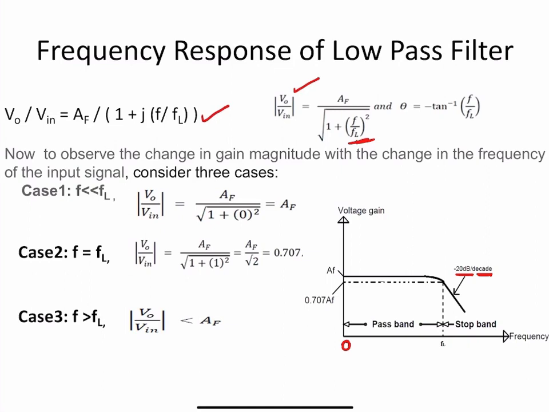Decibel is also a logarithmic unit for measurement. For a large number to occupy a large range of frequency, a logarithmic scale is used on the x-axis. This frequency logarithmic scale we will use. Here the decibel scale can be used for the voltage gain. This is the frequency response of the low pass filter.